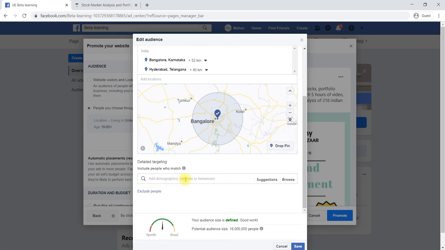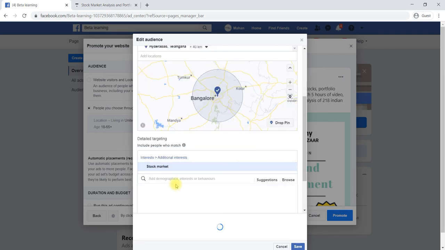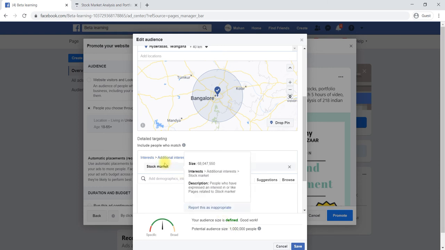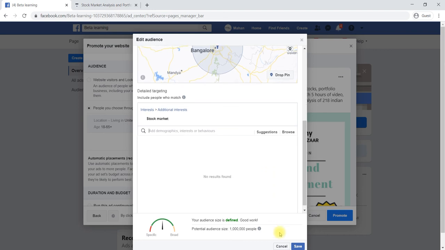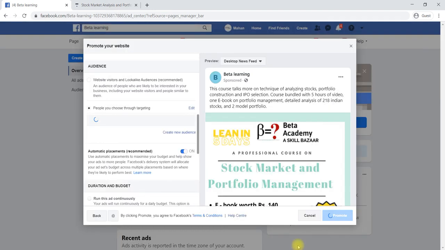If you'd like to include people, for example, those who are searching for a stock, for them only I would like to target. Then we can say include people, and your target audience will come down. Based on that interest your ad will be placed, then say save.